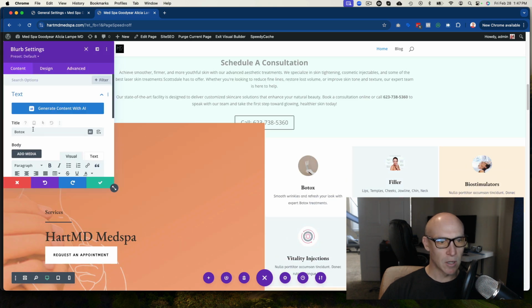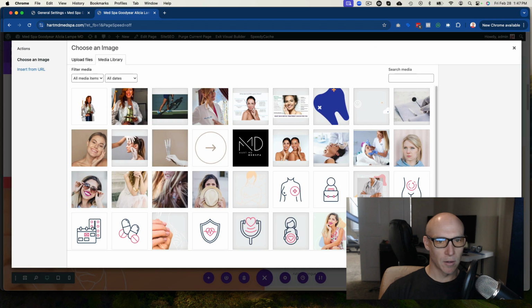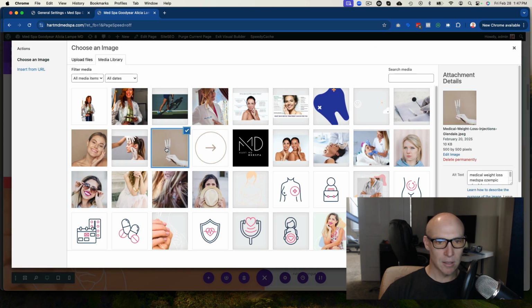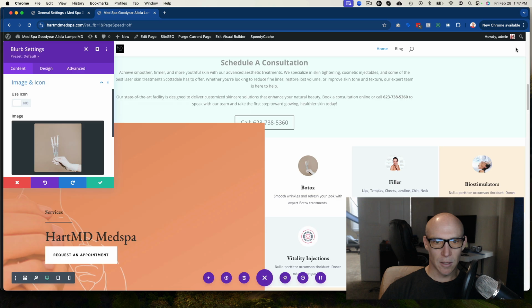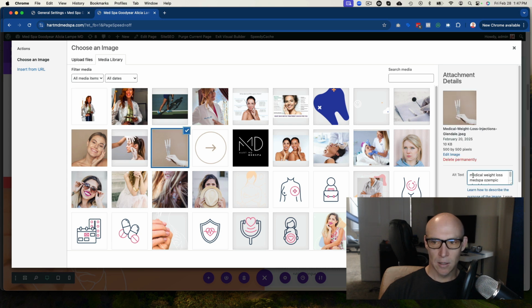You can even come into here. This will probably have the image icon. Come here. Where is it? That's this image. So we got this. That looks like we're using it for Botox. So let's come in and change that image alt tag to do